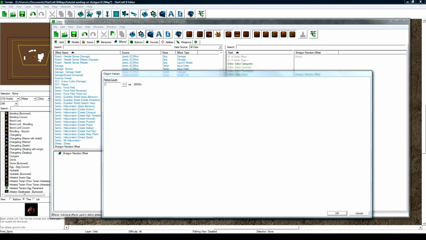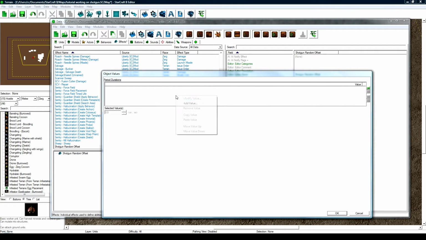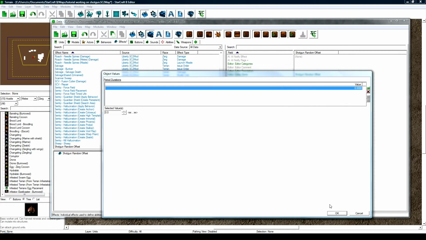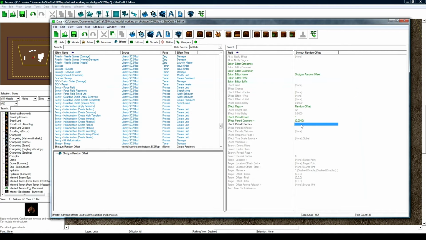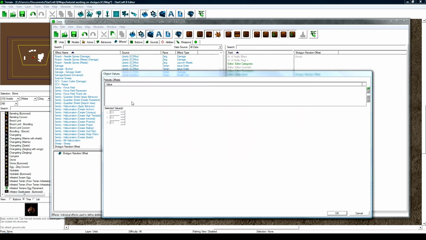Period count is 1. Period durations, we're just going to add 1 in here, which is 0.0, so it happens right away. Period effects, we are going to set that later with our searches and damages. Now for periodic offsets, this is what we want to set to have essentially enough random values around the target that it looks like your shotgun shell's firing. So what I deemed as a good value is about 2.5 as the maximum and negative 2.5 as the minimum. You just have to add enough numbers in here so that